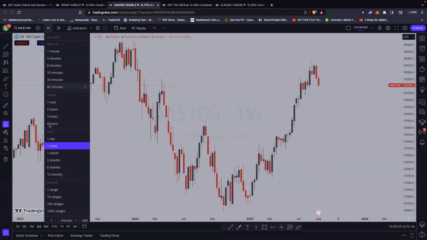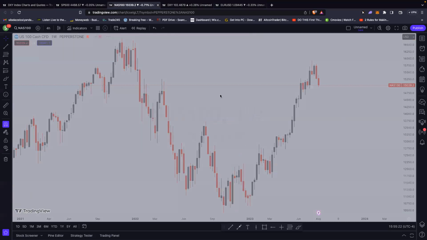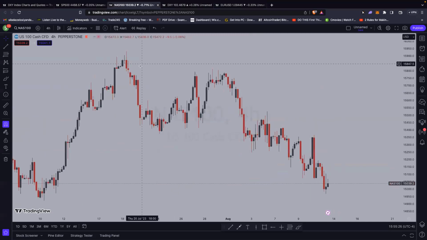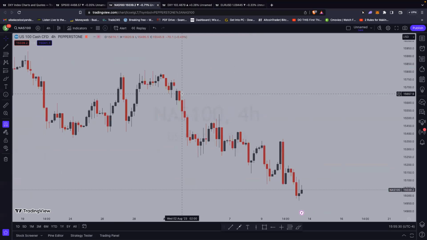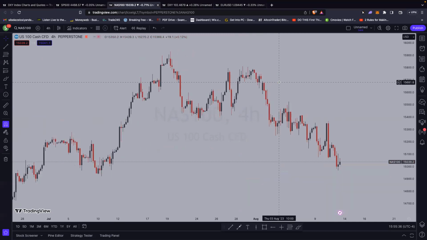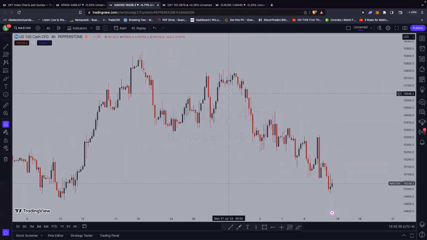That is a volume imbalance on NASDAQ on 4 hour. I think it's visible there. Up there, here. No, here. I think here. This was a breakaway gap. It was a breakaway gap because this is